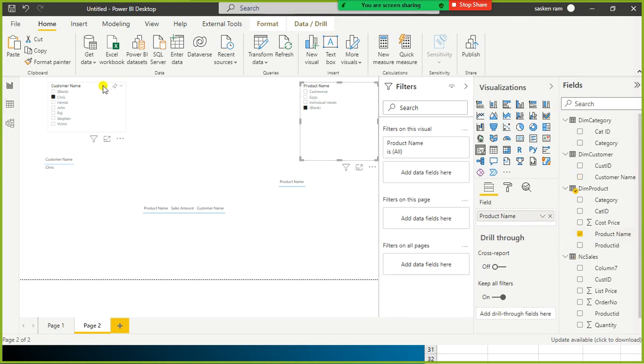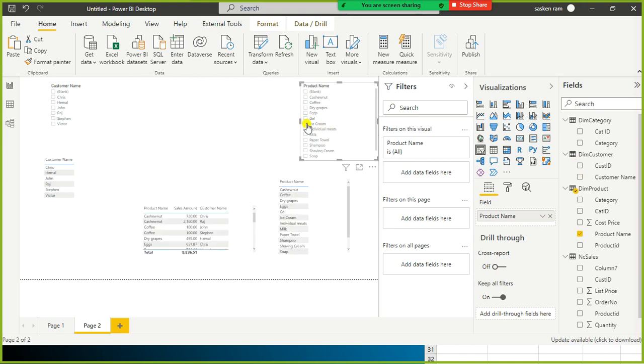And let me just clear this one here. Since there is a bidirectional relationship between these two, we are able to filter this table using the customer dimension table. And if I apply a filter on this table, let us see whether it is going to filter the customer table or not. No, right? It is filtering here, because here we have used product name as the first column. So it is filtering because these two have a bidirectional relationship, but it is not filtering the slicer.